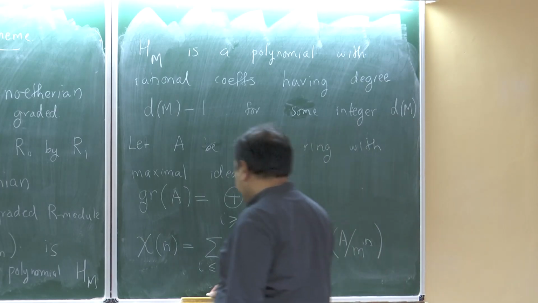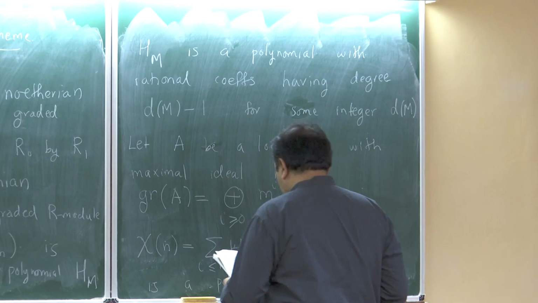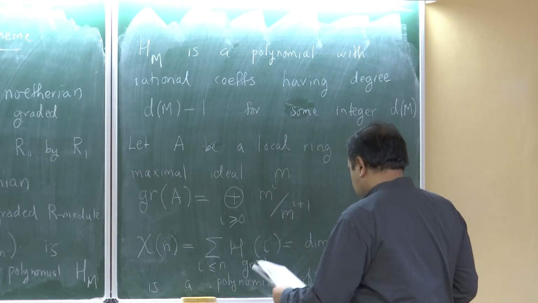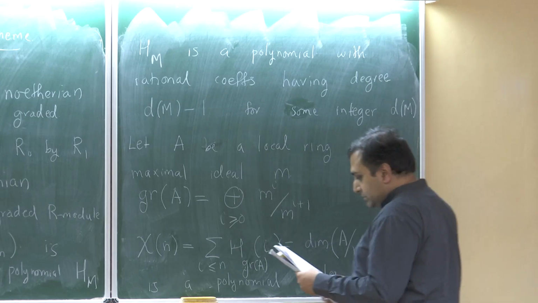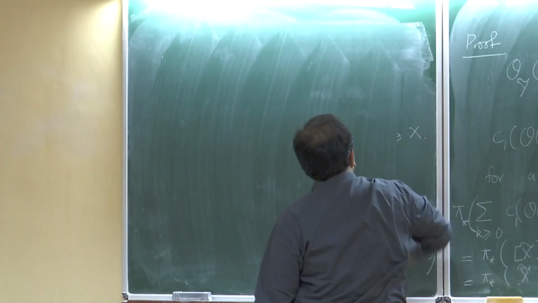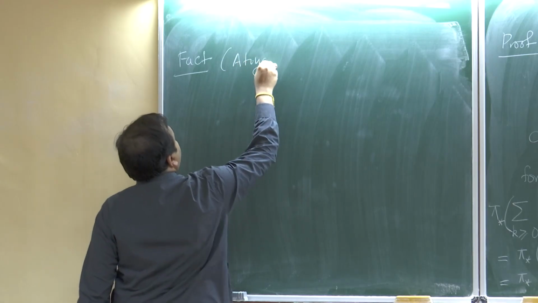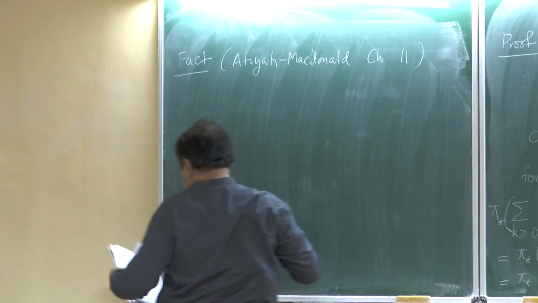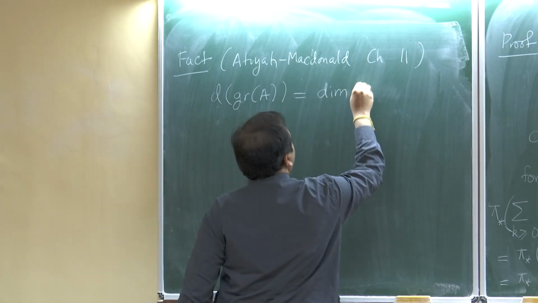So this is a polynomial of degree, the thing is that the degree will be 1 more than the degree of H. So this will be d of gr A. Okay, and then there is this theorem, for instance in Atiyah-Macdonald chapter 11, which tells you what this is. So the fact that d of A,